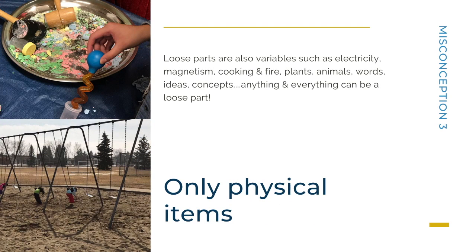So the last misconception, or one of the last misconceptions that we're going to talk about, is that it's only physical items. Now, this is where I wanted to talk about those other variables that we see a lot of the time, such as electricity, magnetism, cooking and fire, plants, animals, words, ideas, and concepts. So I personally believe that anything and everything can be a loose part. It does not just have to be the physical items, which is helpful because it's actually less cleaning for us,